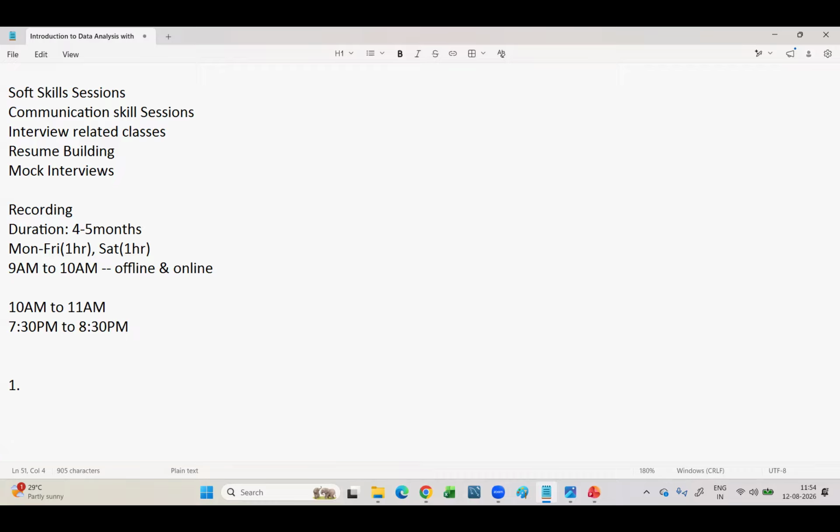So, are you going to allow us to attend the same subject one more time? Yes. Here we allow a student to join any class any number of times in any batch, not only the 9 to 10 o'clock. Whenever a new subject is going to start at 10 to 11, we will inform all the students so that they can come and join the classes.